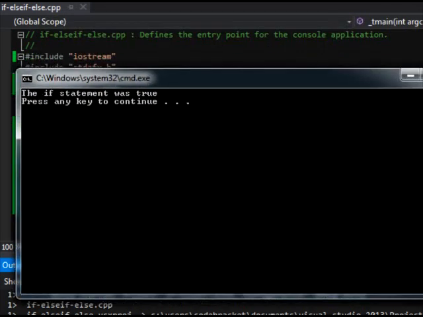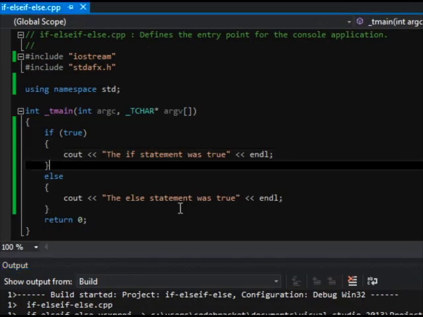The if statement was true. So the only difference here is that if we want a second case here,